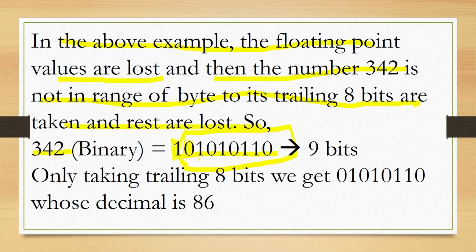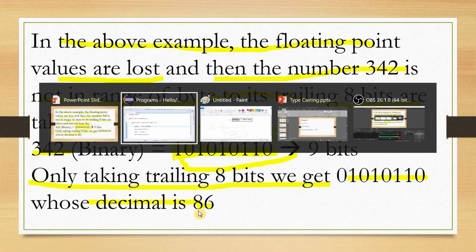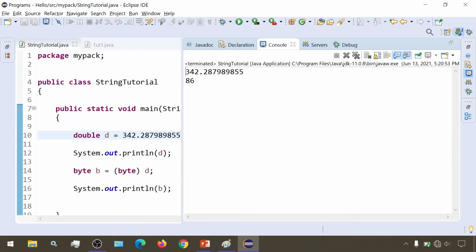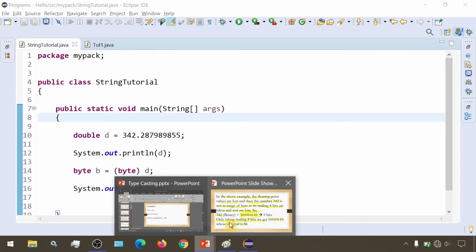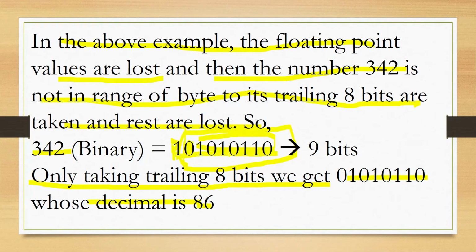So nothing like 2's complement will be done whenever we encounter the most significant bit as 0, indicating a positive number. The value will be directly converted into decimal. So this 01010110 directly converted to decimal will give us the value 86. So only taking 8 bits, whose decimal value is 86, we will get 86 as our final answer here. I hope that this example is also clear.